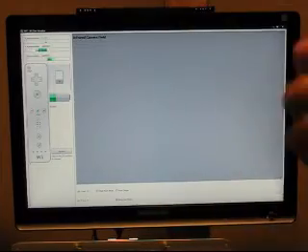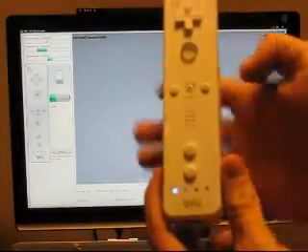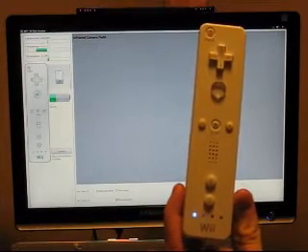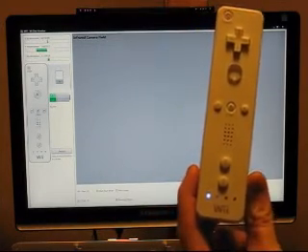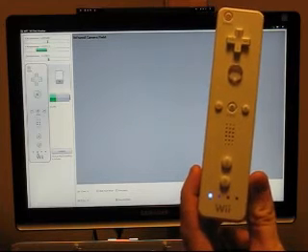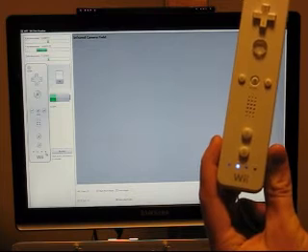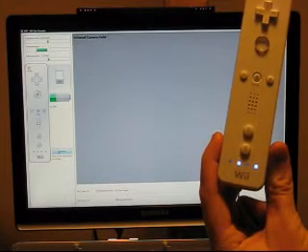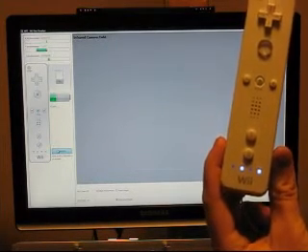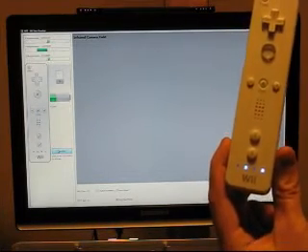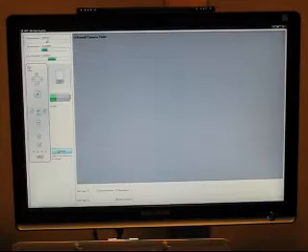Now down at the bottom of this we have a visual indication of the LED status, except it's not just a visual indication, these are actually checkboxes, and we can change the LED status of the Wiimote by clicking on them. We also have a rumble button here. We can click that, and if I'm really quiet, maybe you can hear it rumbling, and turn it back off. Okay, so